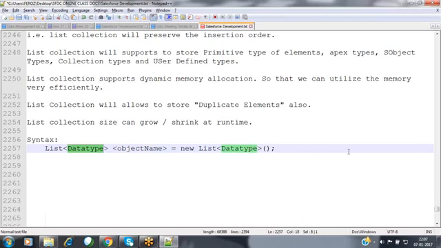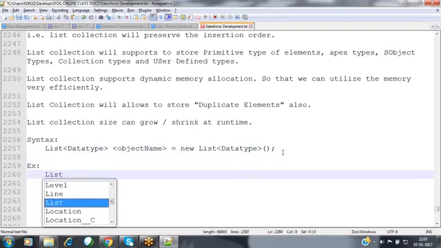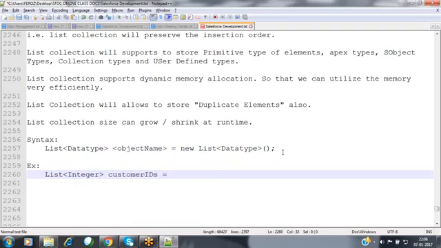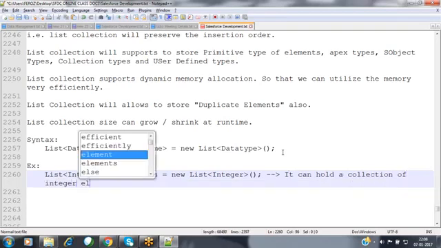Now let's see how we can create these List collection objects. For example, List of Integer, I'm giving the object name as customerIDs, new List of Integer. Nothing but this is the collection. No need to specify any size. This List collection can store a collection of integer values. It can hold a collection of integer elements.